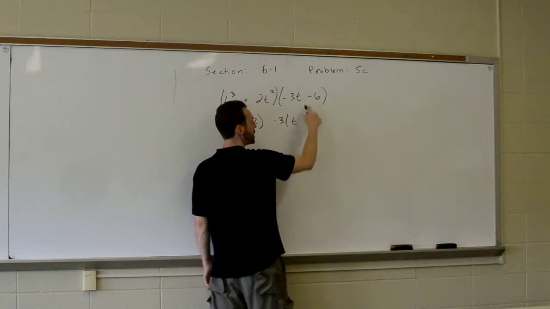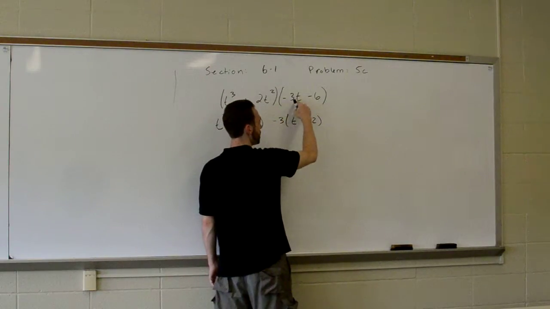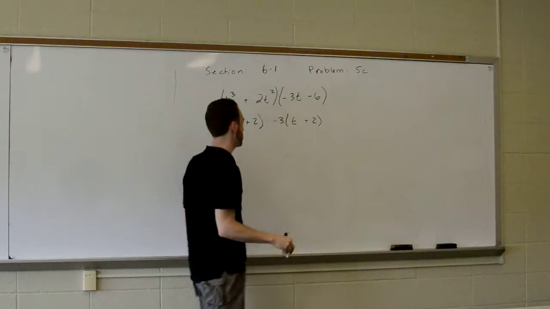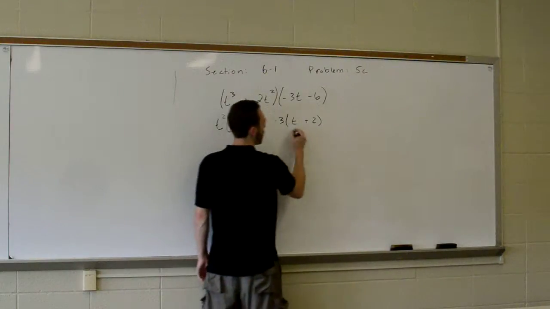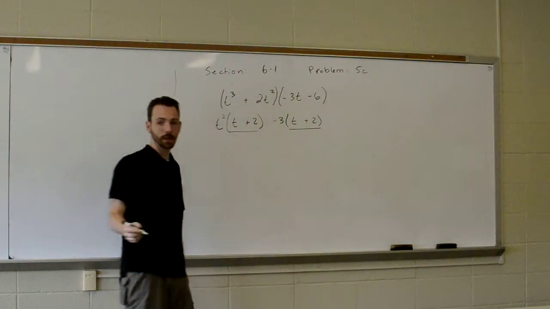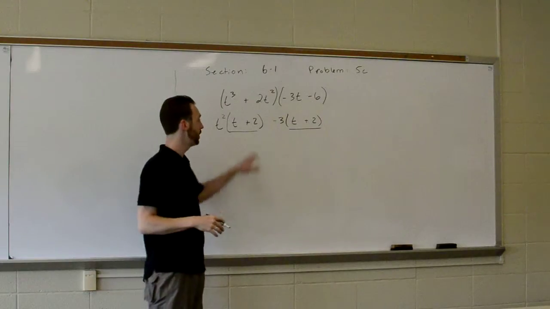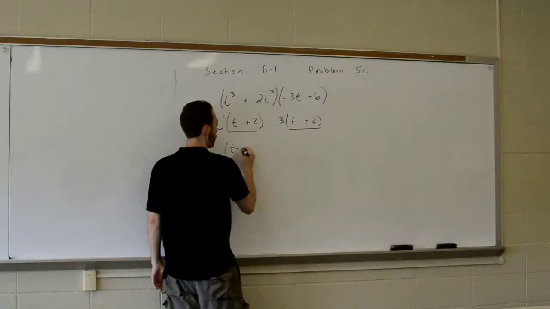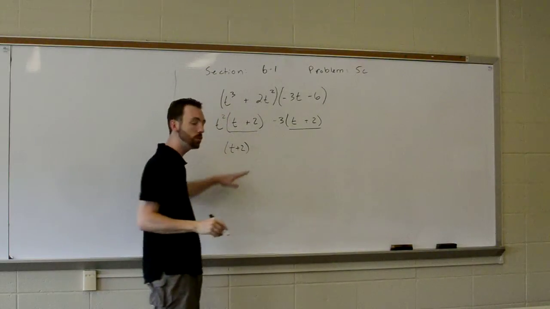Remember, we always get these by multiplying together to see what we need. So we have minus 3 and t gives us minus 3t, minus 3 and positive 2 gives us minus 6. Now we have these 2 terms in common, so we can factor out this term. We factor out, just like we would any other greatest common factor, t plus 2,